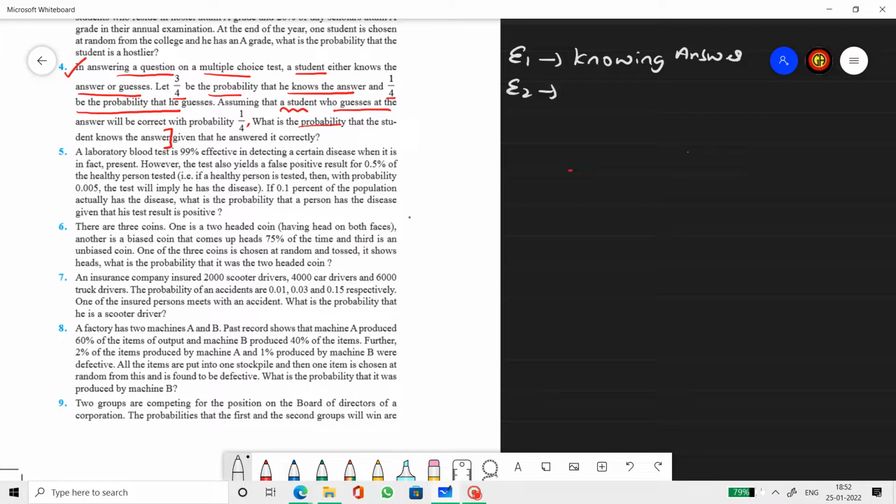Let E2 be guessing. Let A be getting it right, getting it correct. So P of E1 will be 3 by 4. P of E2 will be